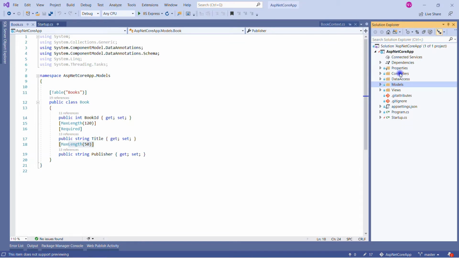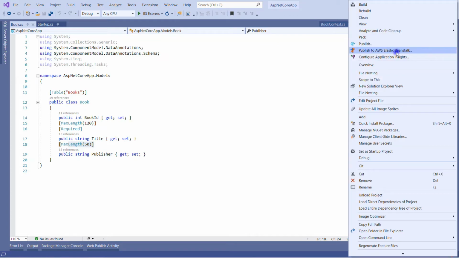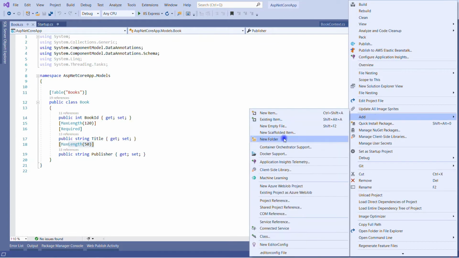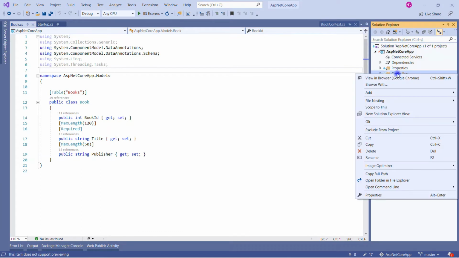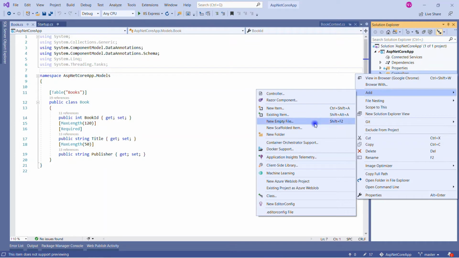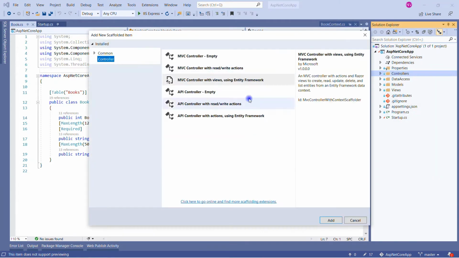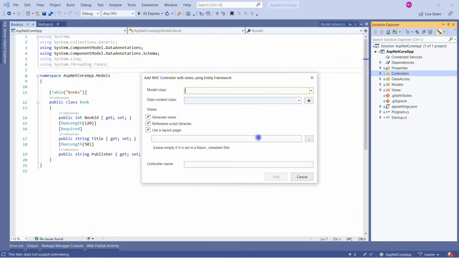Our next step will be creating the controller. Simple and straightforward: right click, add new folder, and give it the name controller. Under that, right click again, click on add and then controller, and select MVC controller with views using Entity Framework. Click on add.